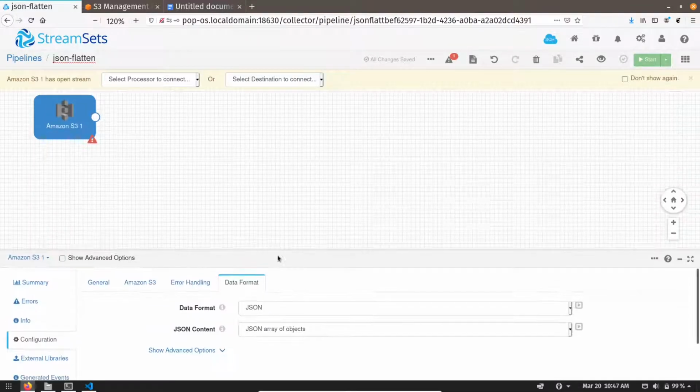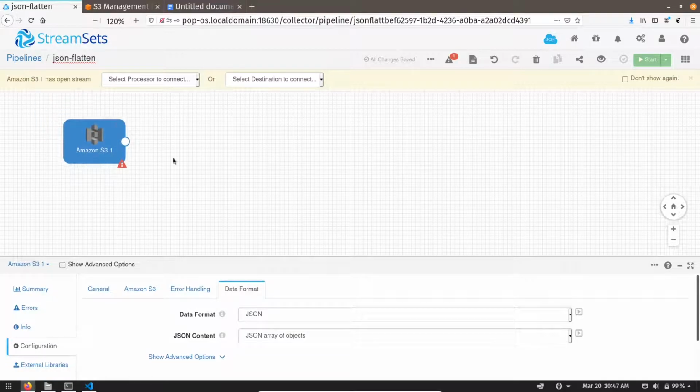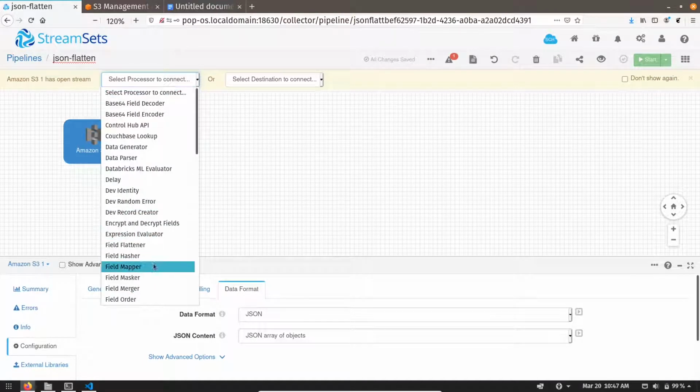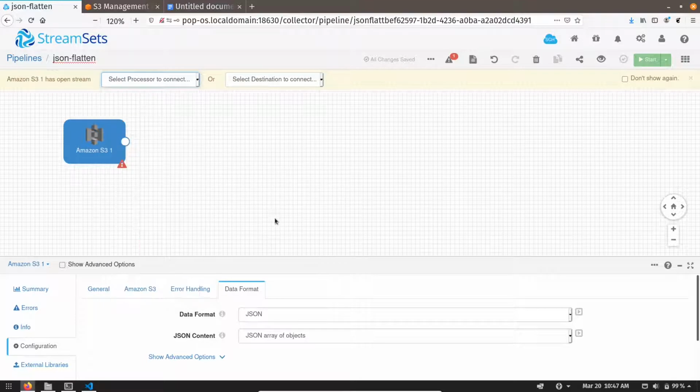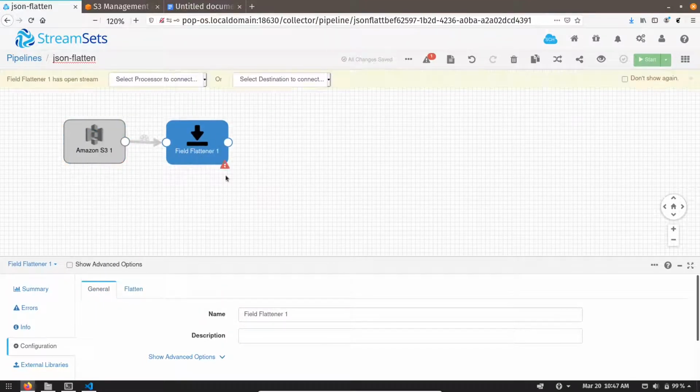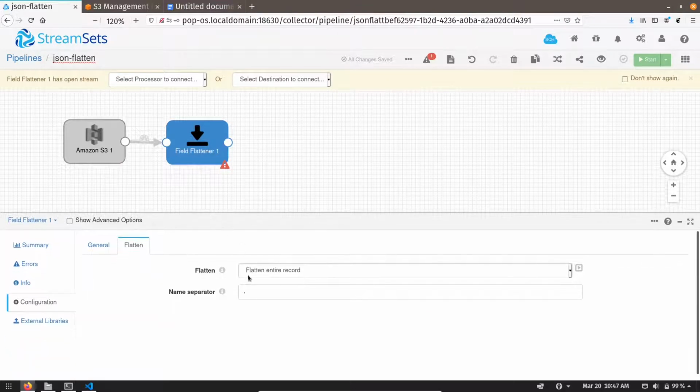Now let's move on. To flatten the hierarchy, we need the field flattener. We need to configure it. Go to the flatten field, and we are going to flatten the entire record. It means no matter how many hierarchies are present in our record, it is going to output only one record. The separator will be underscore.